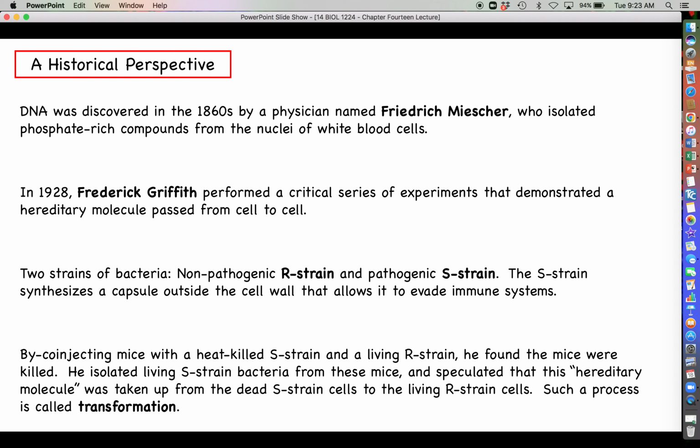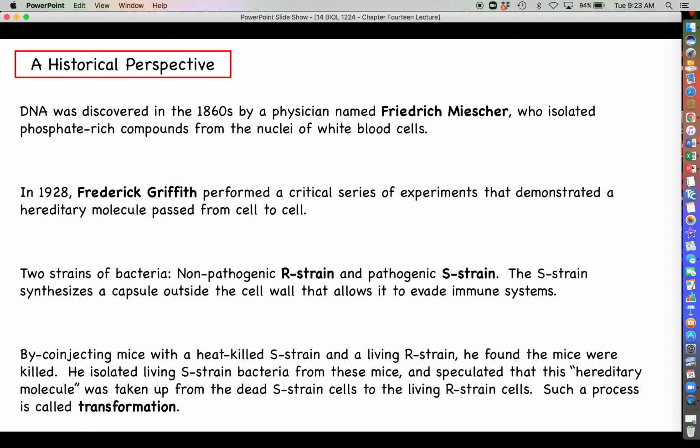He exposed it to very high levels of heat, which killed the bacteria, meaning that all that was basically left over were the dead husks of the bacteria and anything that was inside of those bacterial cells. And then he also had a living R strain that was not heat-killed. So he injected one group of mice with the heat-killed S strain and another group of mice with the living R strain. And what he found is that